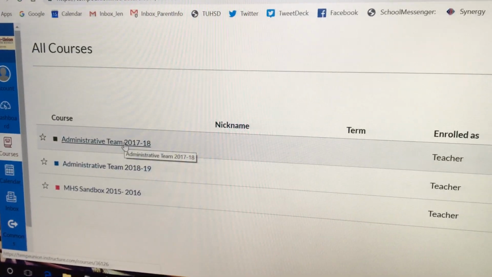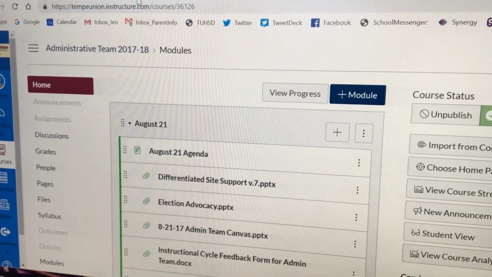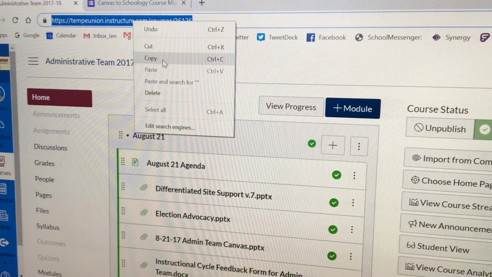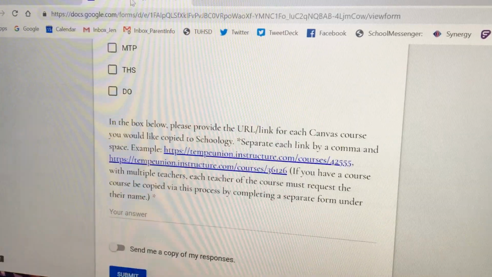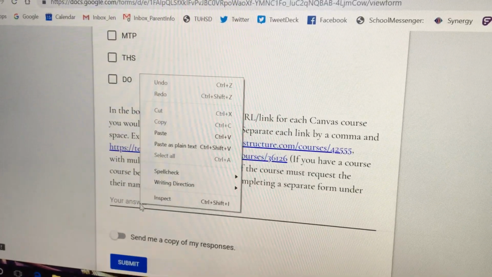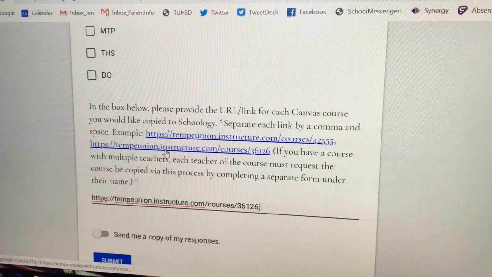Choose a course that you would like copied over to Schoology, click on that link, then highlight the URL, right-click to copy, open the Google form, right-click to paste, add a comma and a space,